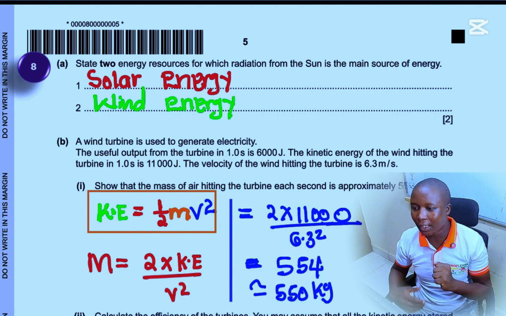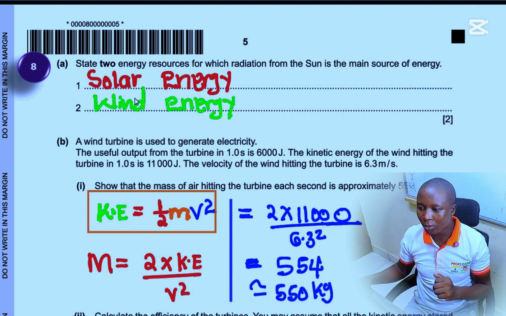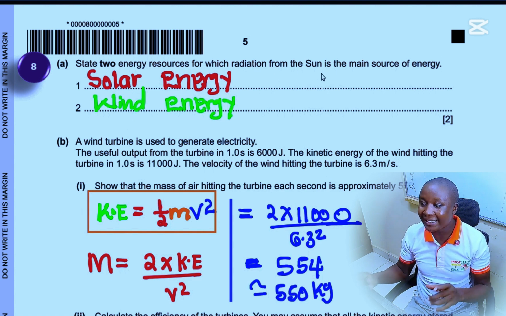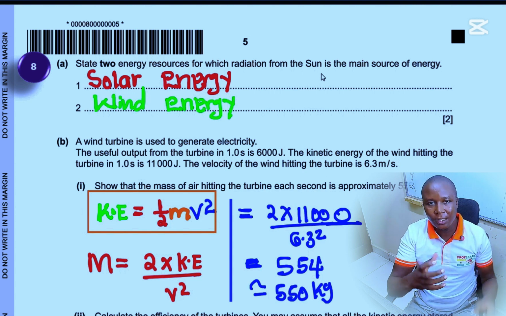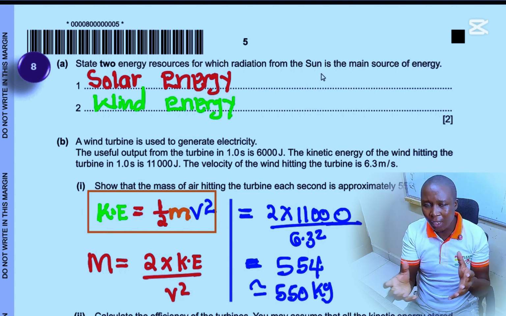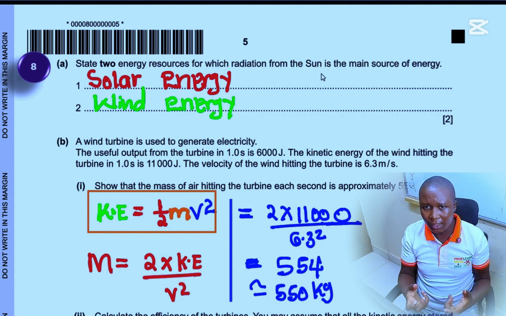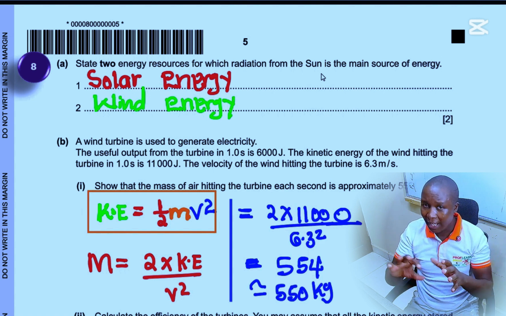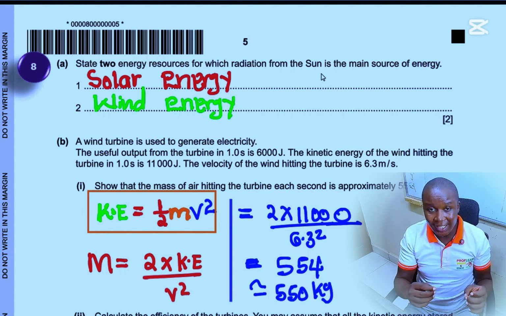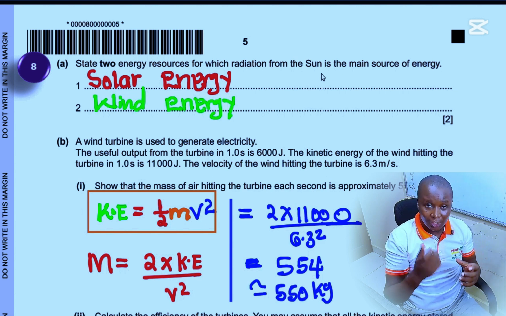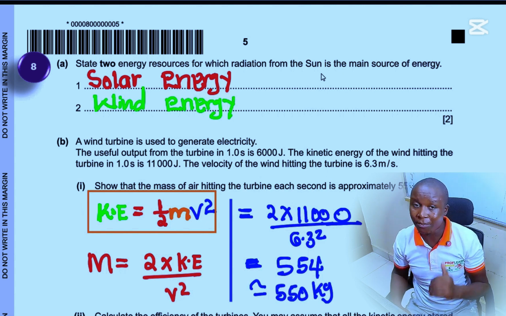So in this particular question 8, we are supposed to state 2 energy resources for which radiation from the sun is the main source. So this is solar energy. If you take solar panels, they will absorb the energy from the sun, and it's used to warm and heat water. But also wind energy, because the radiation or radiant heat from the sun